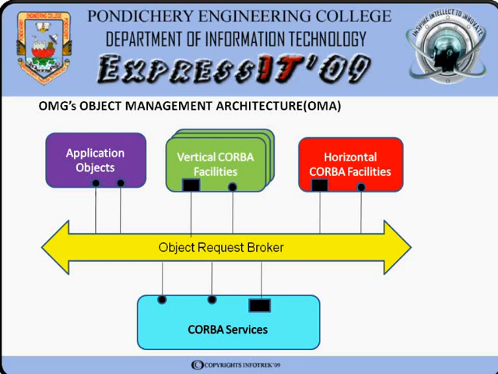Next, the naming service. It enables CORBA object to register and be located by name. Naming context is used to set unique names. The next, security services. It provides the features such as identification and authentication, authorization and access control, security of communication,